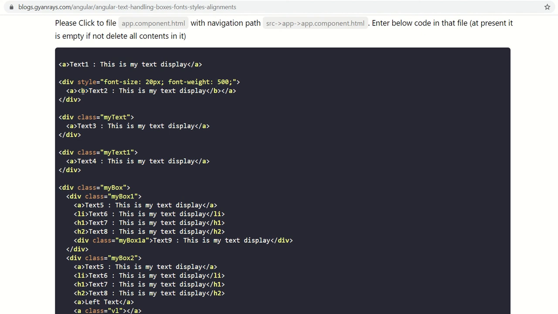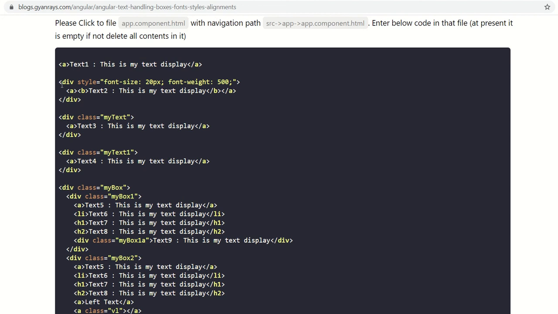So here b should be closed with /b, a should be closed with /a. Well, this needs some basic understanding of HTML coding. I am not going to cover how HTML works. This was the basic information which I have updated. Now let's see how it works in Angular.